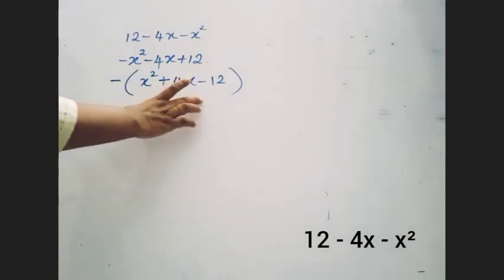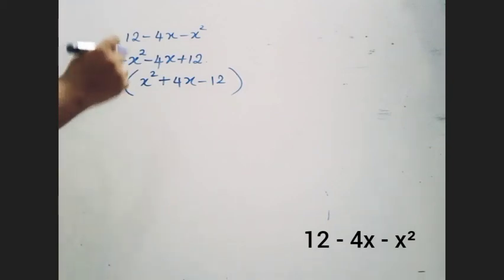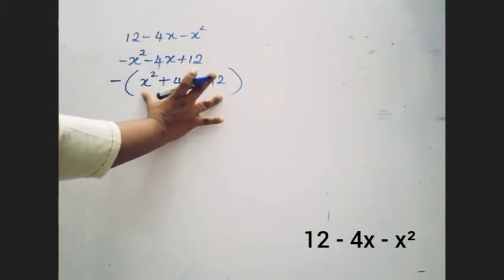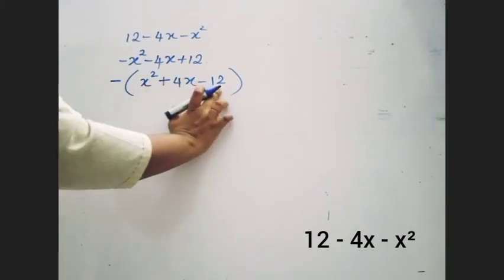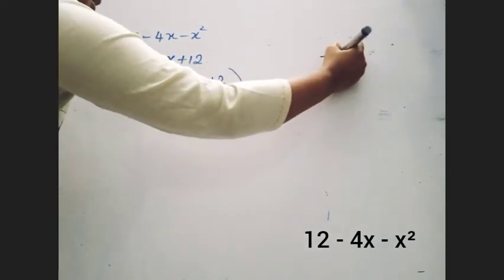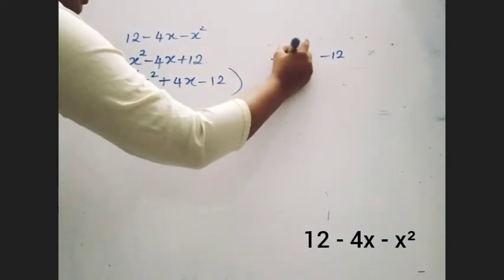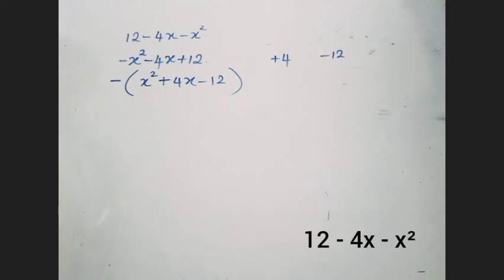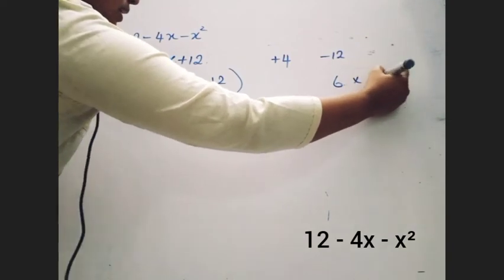So I made a change like this in order to easily factorize it, get the correct pairs properly. Okay, now let's do factorize it in the usual way. So when you multiply, you are supposed to get negative 12, and when you add, you should get positive 4. So let's find the correct pair. So I am going to do it at once, which is 6 times 2 is the correct pair.